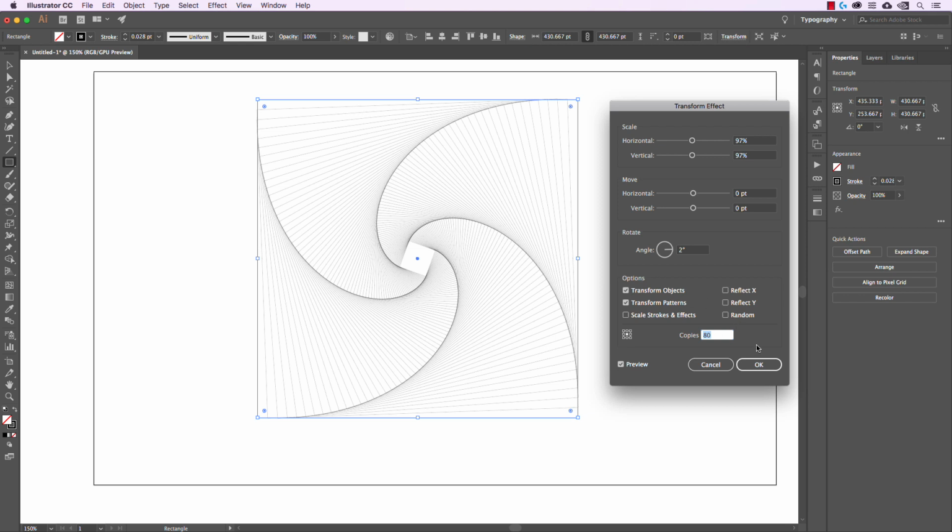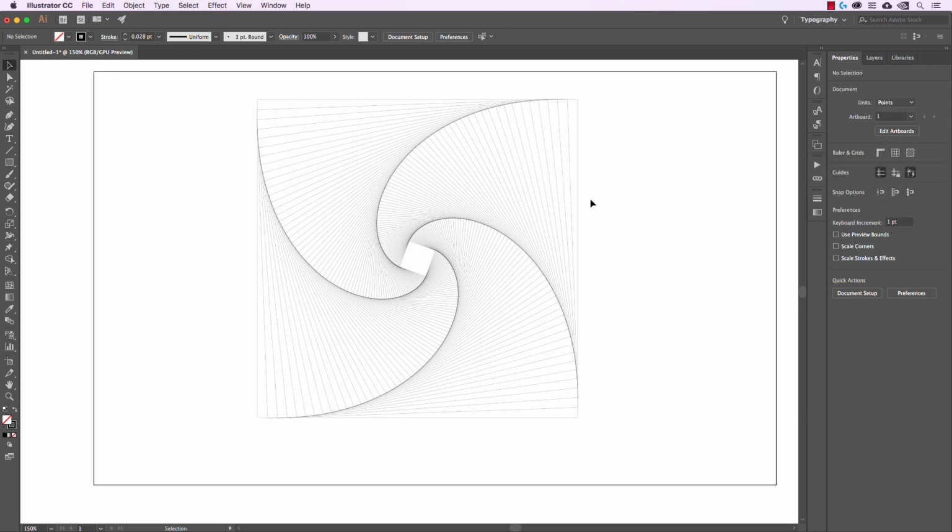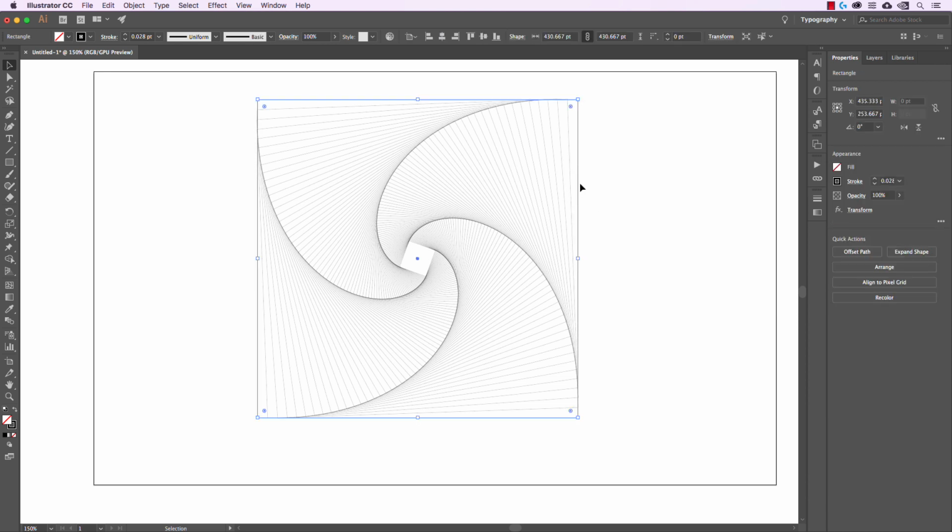Okay, and this works a little bit differently because it's actually an effect that's being applied. So if I click OK and take my selection tool, this is actually just one object. When I did the transform each, it was creating 50 objects and each one was separate. But in this case, it's just the outer object. And if I go to my appearance panel, you can see that there's this effect that's being applied, which is